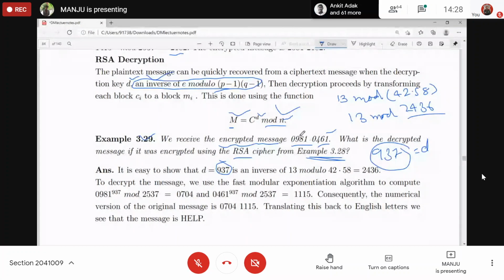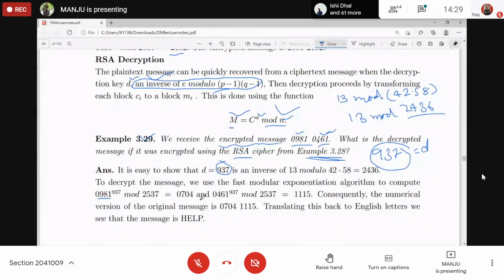So for C, this is C1 and this is C2, the C1 block and the C2 block. You take C1 raised to power D, apply modulo N, and you will get the first block M1. Then take C2, apply power D, apply modulo N, and you will get the second block. If you take C1 raised to power D, that is 937, modulo N, using modular exponentiation you get 704, or if you want a 4-digit block,